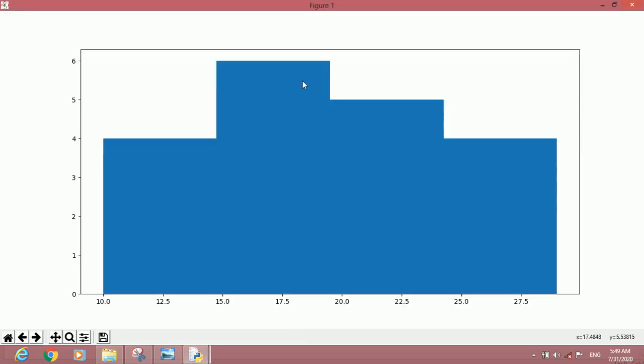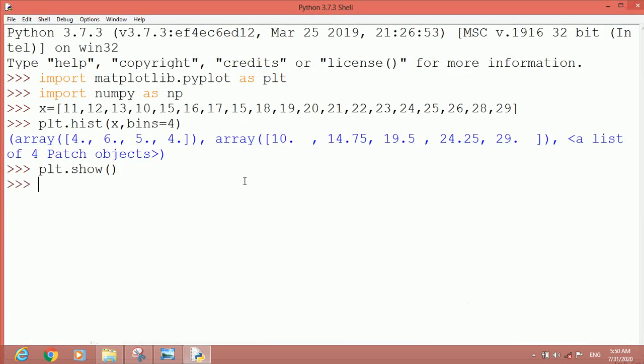Now here the columns have been mixed. So for showing the columns, as I told, bar chart and histogram are both the same. The only difference is that a bar chart shows the columns with gaps, but a histogram shows the columns without gaps. So to show the columns, we can give an argument. Here we can give an argument, that is edge color.